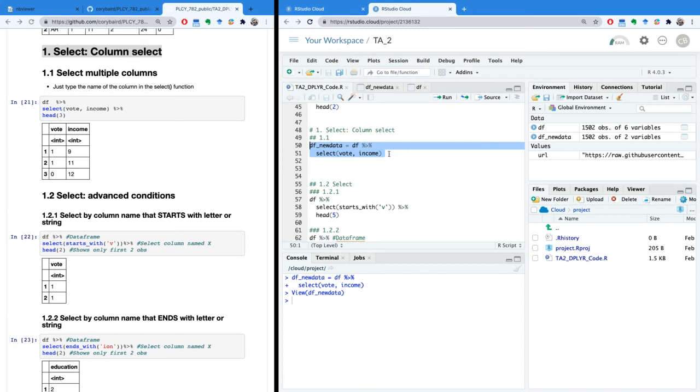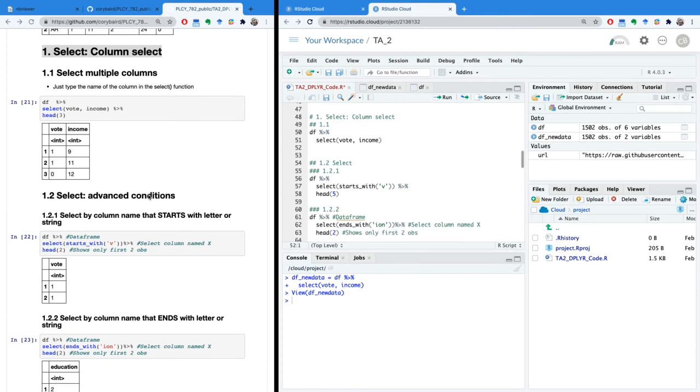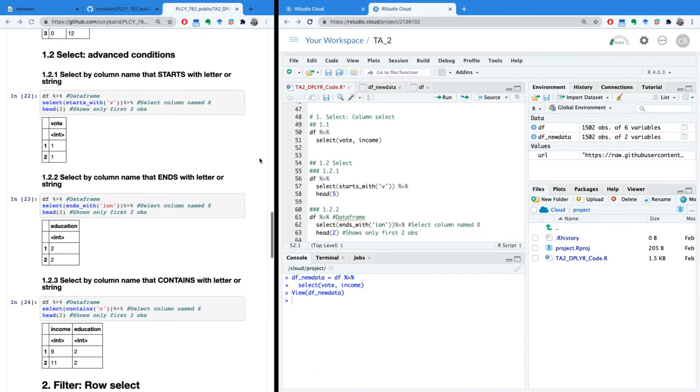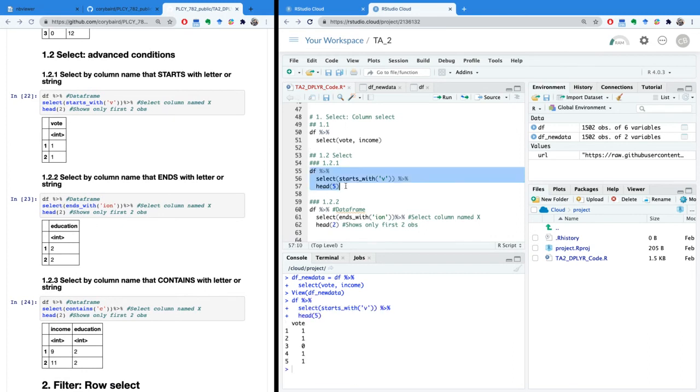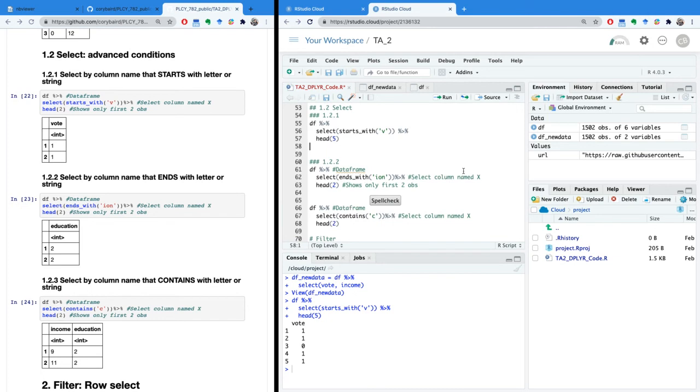So if I make major changes, this is actually usually what I do, just as a heads up. So we can also use a little bit more advanced conditions when we want to select columns. Like, for example, we can select columns that start with a certain letter. So in this example, I'm selecting columns that start with the letter V, and as you can see, vote got selected. You can also select columns that end